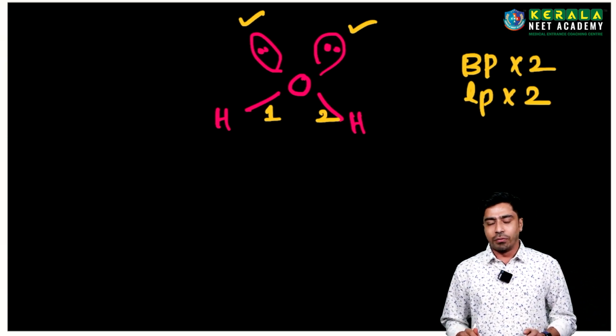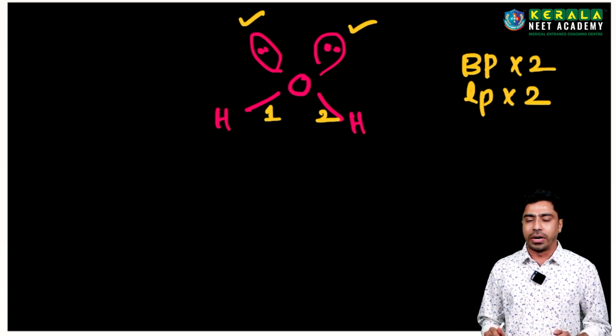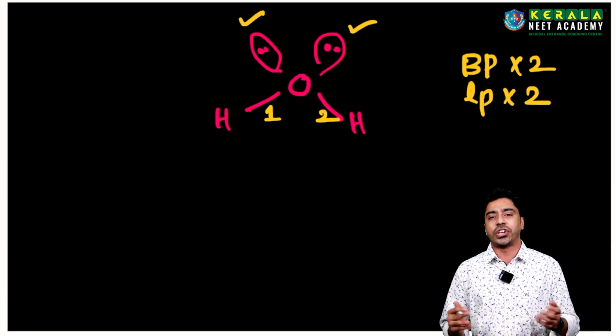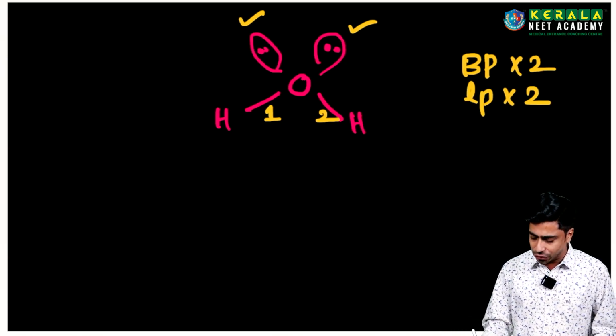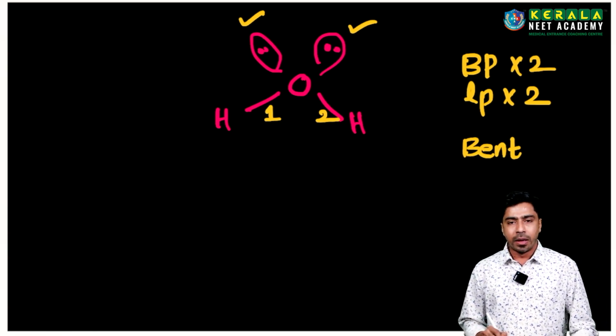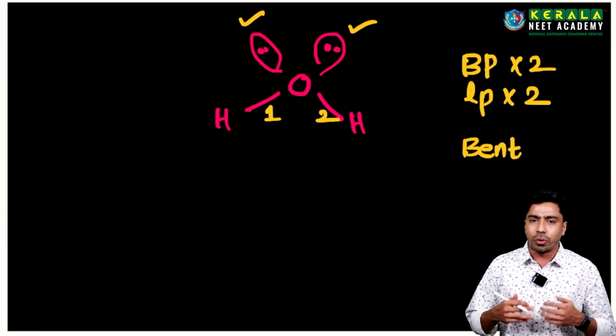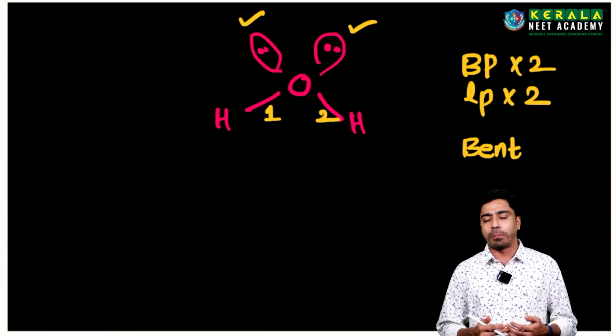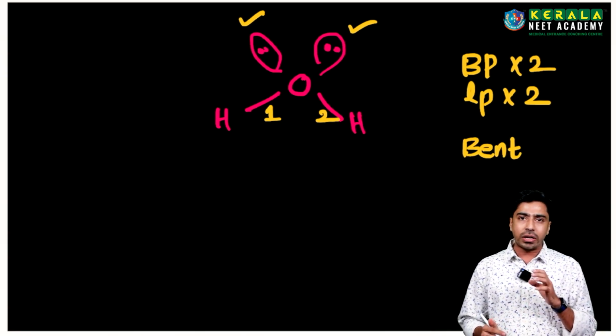This is enough. If you know the number of bond pairs and lone pairs, then you'll be able to decide the shape. A molecule which carries two bond pairs and two lone pairs will be having a bent shape. But before that, we should see how to identify the number of bond pairs and lone pairs. According to VSEPR